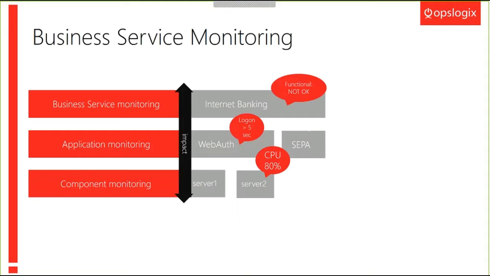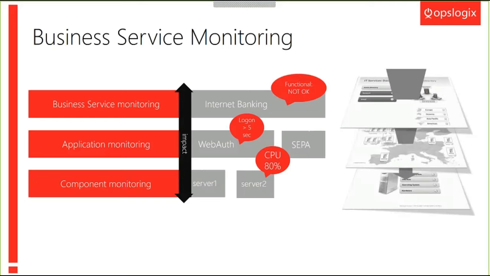The other way around as well, if a business service on a dashboard colors red because it's not healthy functionally anymore, we can actually do a drill down into other dashboards and other views to understand which component or which app component is actually causing this. And this is where the ideal world of Operations Manager lives, where we want to try and achieve business service